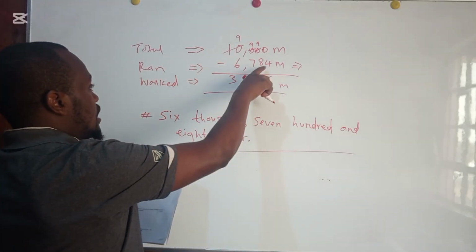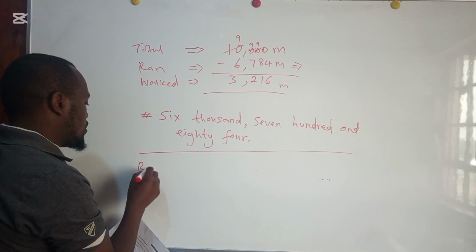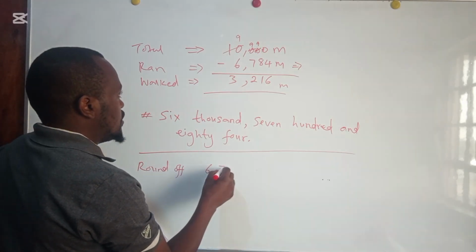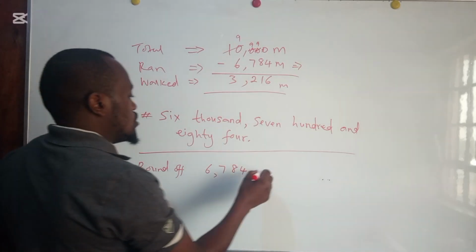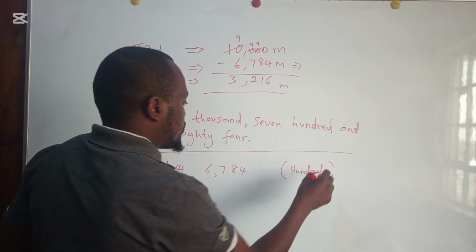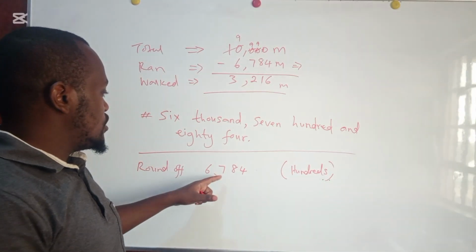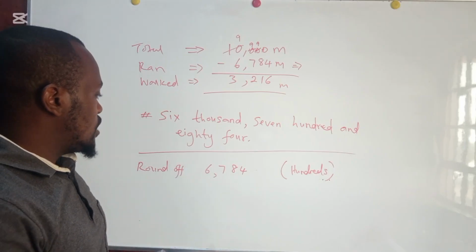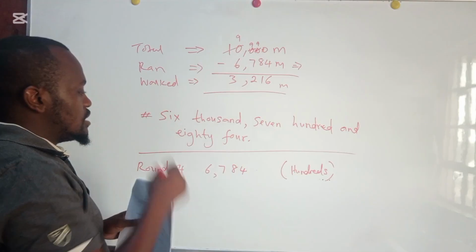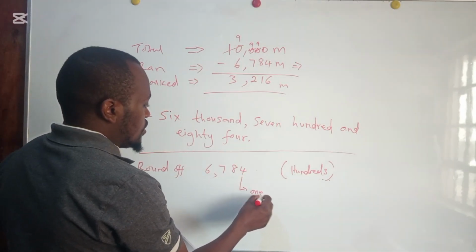Okay. The last question, part C, write the distance that Anita ran rounded off to the nearest hundreds. So this distance that Anita ran, 6,784, you are told to round off to the nearest hundreds. So again, if you had not attempted this, you pause the video and then you do, and then we check. So the first thing to do is to understand the place values of these digits. So this one is ones,